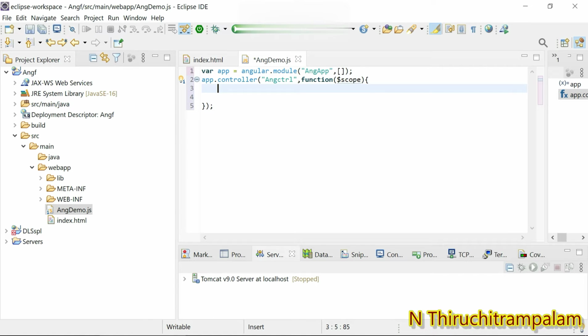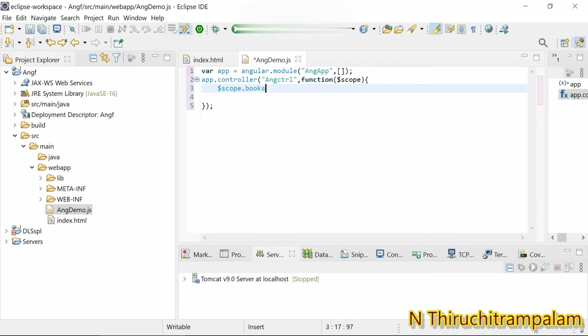An array that is going to have n number of objects. So I use $scope and create a property in the scope object. The name of the property, I give it as books, okay.